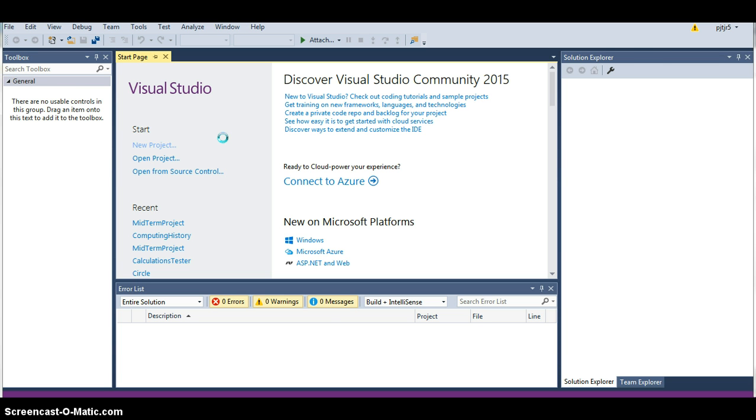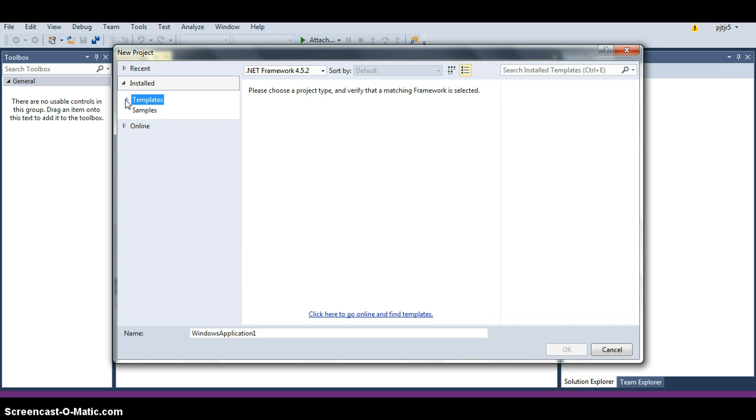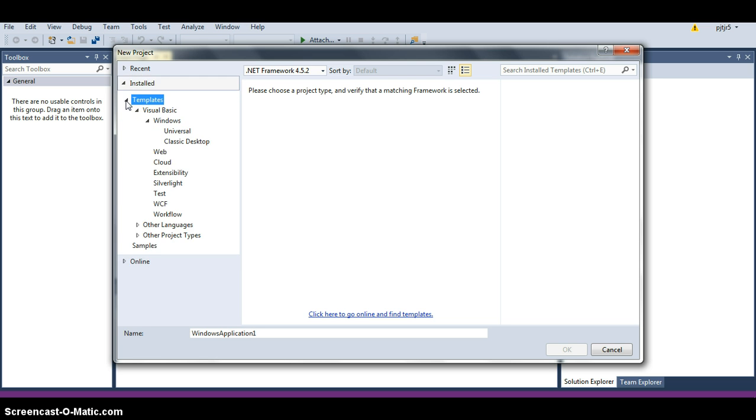And sometimes Visual Studio takes a while. It's a memory intensive program. Now, you've got several different things here that may or may not be visible. So if you've got something like this, then you're going to go to Installed. You're going to go to Templates. There are other languages available: C#, C++, SQL Server, JavaScript, Python. So you have other languages that you can use in this tool besides Visual Basic,